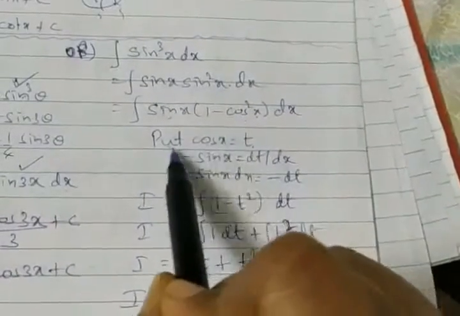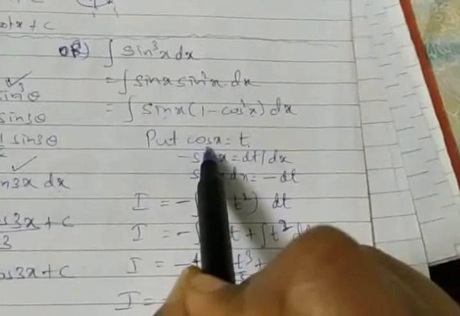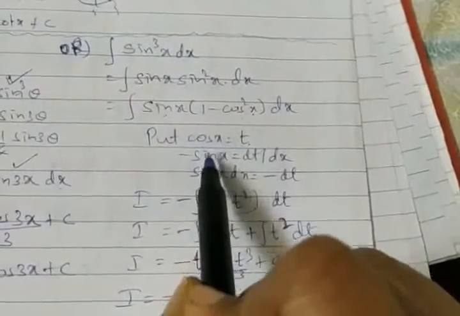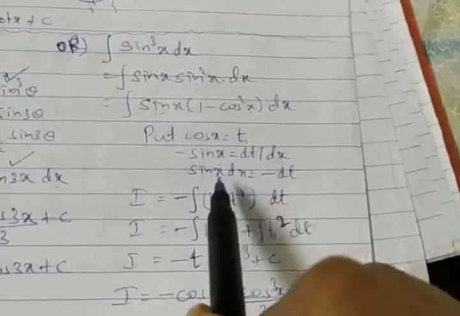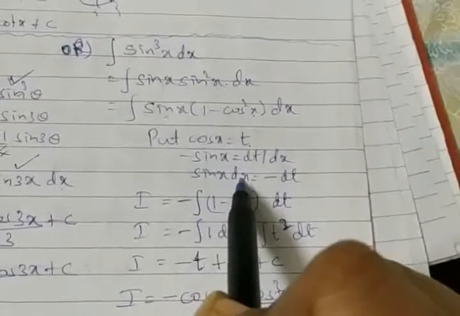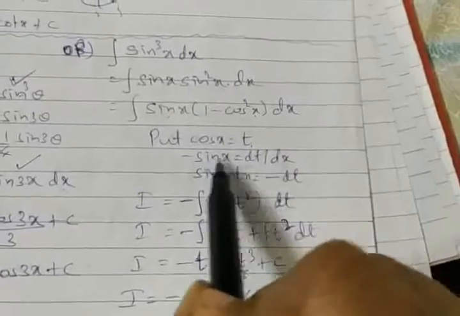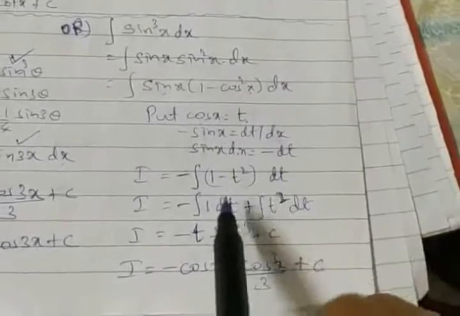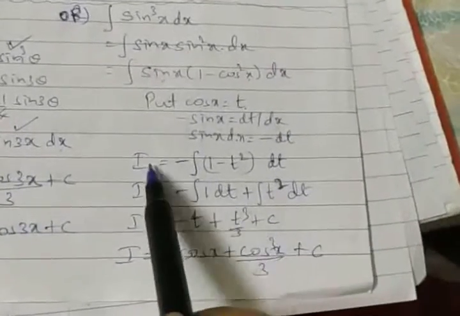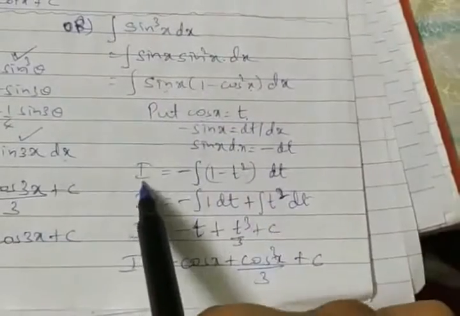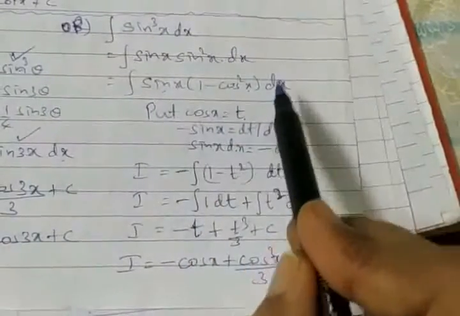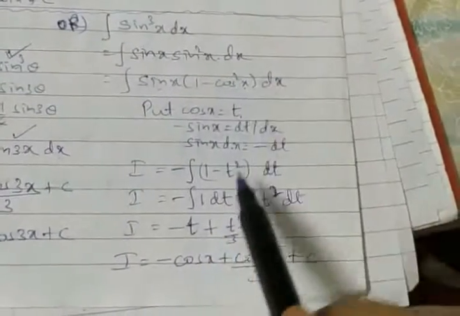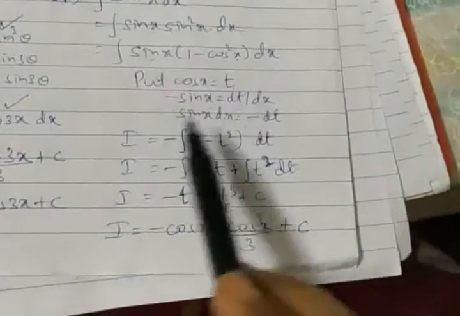So I balanced it here, put cos x is equal to t. Differentiation of cos x, I'm asking differentiation, not integration, okay, it is minus sin x. Differentiation is minus sin x is equal to dt by dx. So we are left with sin x with respect to x, which can be replaced by minus dt, integrated with respect to t. So let's come back to the I here. I is equal to integration of sin x with respect to x, which can be replaced as minus of dt. Left out we have 1 minus t square. So this is ready for integration.